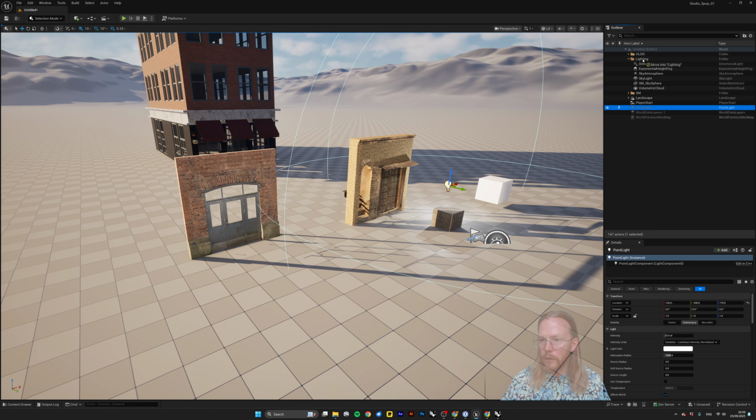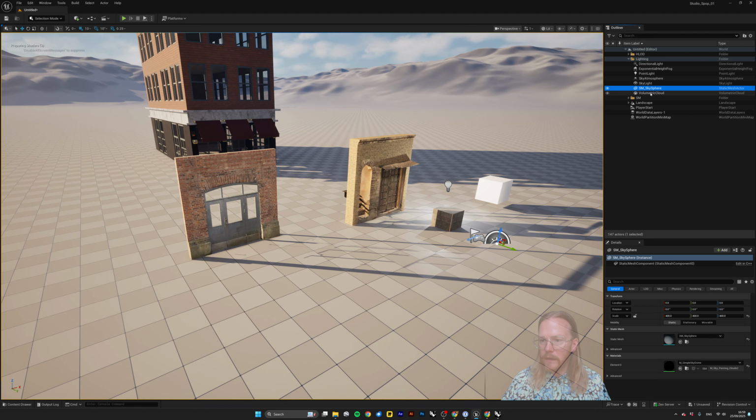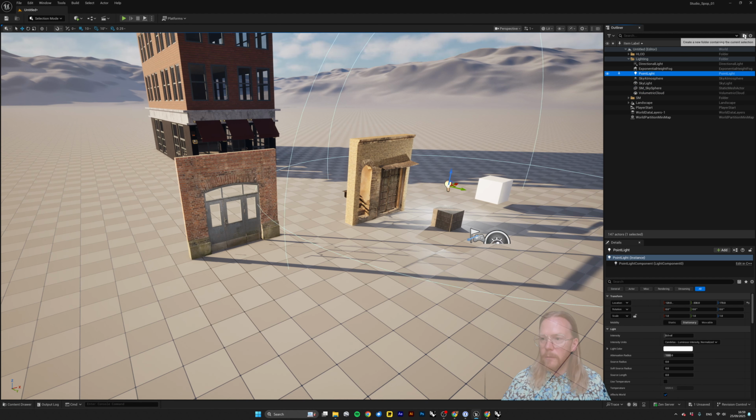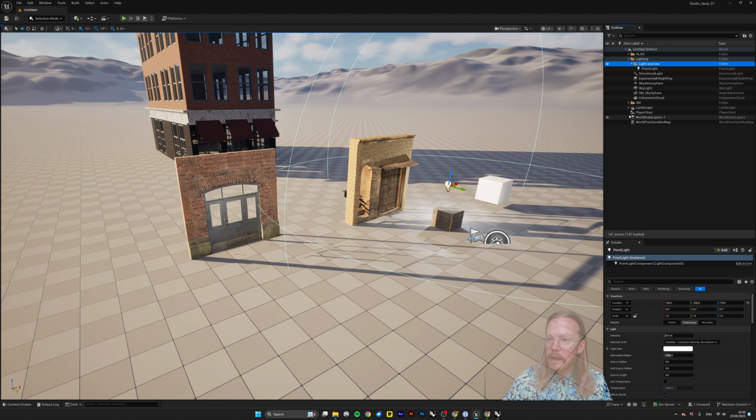So you can also just select things and drag them. But here we have a lot of other kinds of lights. We have a directional light, we have skylights and fogs and stuff like that we're going to look at later. So I would again suggest that you make another folder that's called light sources or something like that for just